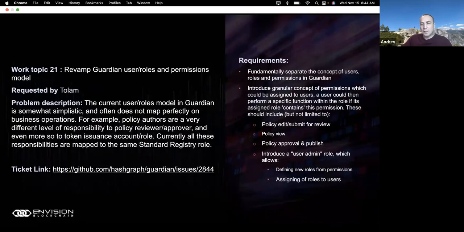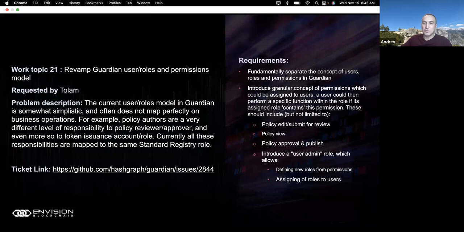Okay, at the moment it appears that we reached the capacity of the current users and permissions model in Guardian. Some assumptions that we made early on about how the industry is going to operate and how Guardian is going to be used within organizations were maybe slightly simplistic, and maybe we didn't fully realize the complexity of the policies that we are going to implement. Now we have much more knowledge of the practical environment where Guardian is deployed, and therefore we need to revisit.